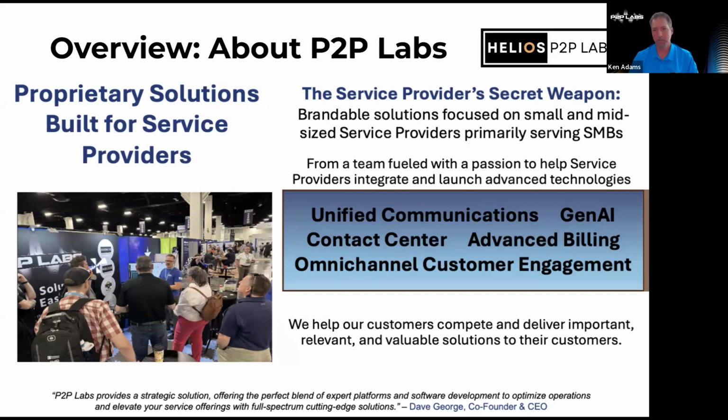So what we do is we're kind of like, I would say, Shelby to Ford, right? We take the engine that you have, like PortaOne, and we make it into a race car. That's our specialty. And what are those race cars? Things like I'm going to show you today, Helios, which adds the full suite of unified communications on top of your existing PortaOne platform. So we're not trying to displace the voice engine like some of the other omnichannel customer